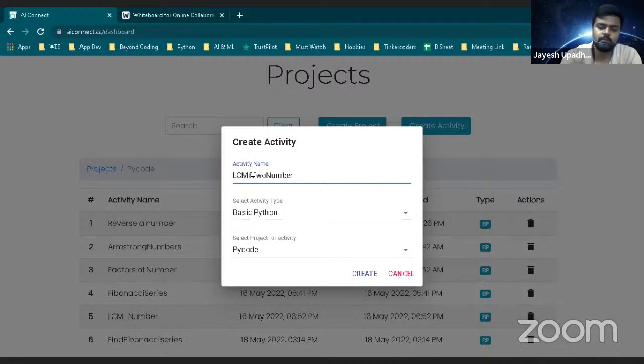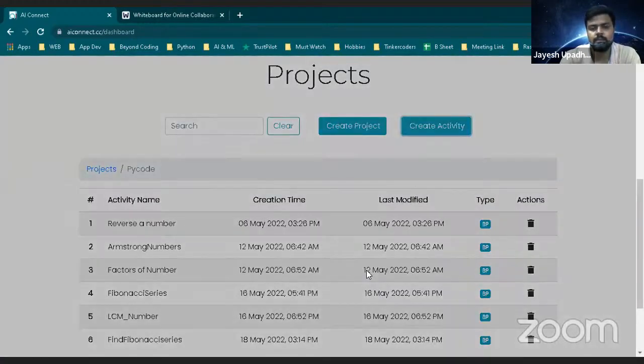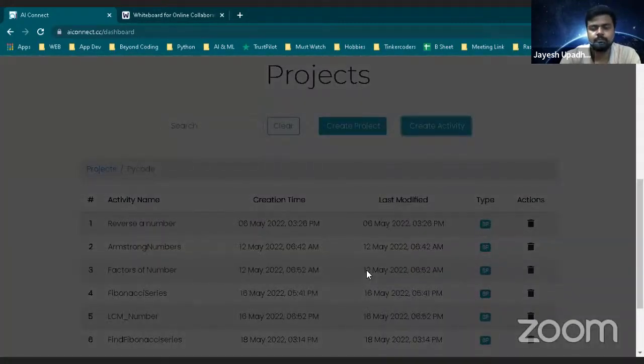And let's just click on the create button like this. Simple.